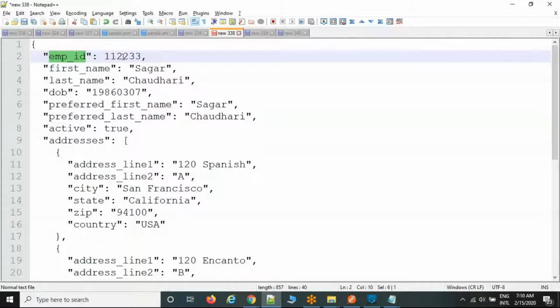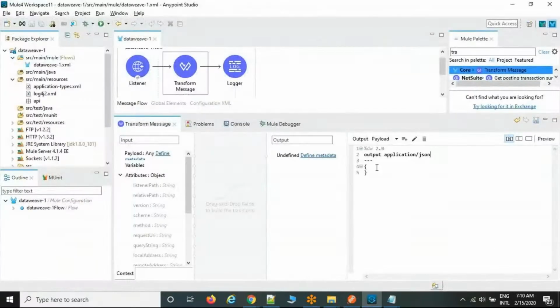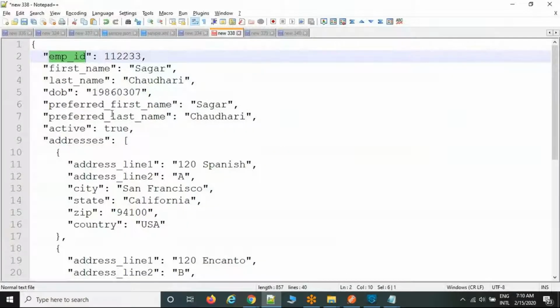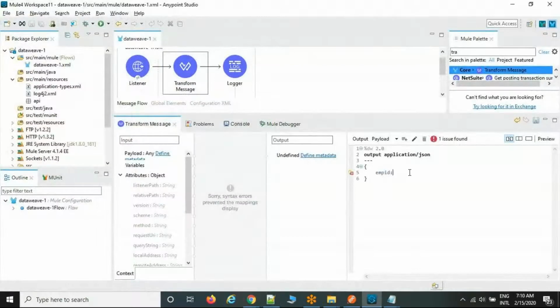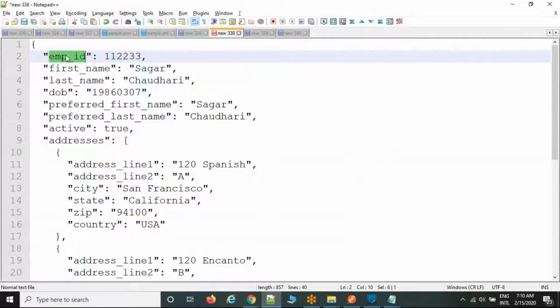And what keys is the target system expecting? Whatever keys they are expecting, we keep those keys here. For example, in the target system there is no hyphen, they are expecting it without a hyphen. Then I told you how we are receiving the file. All the files are received via payload only, so that is the reason I'm using payload. Dot, what is the key of employee ID in the source system? This is the one.